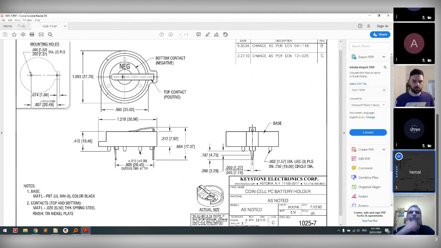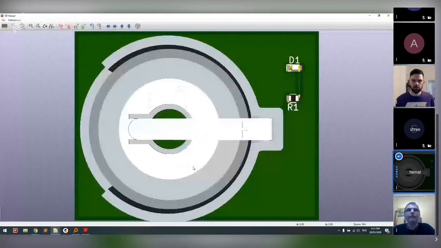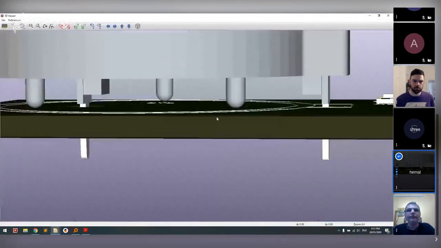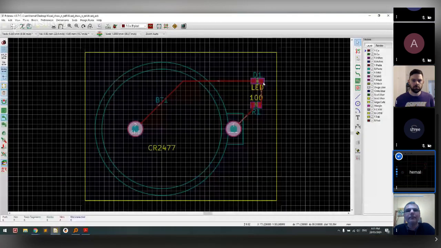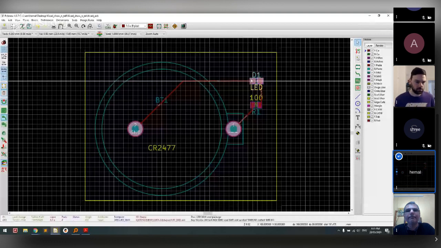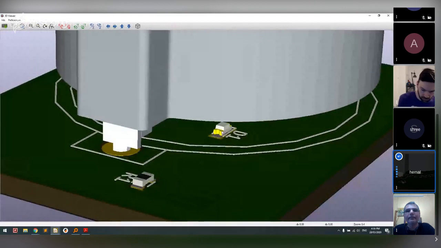So I already have converted this into a 3D model. You can see that there's a lot of space in which you can insert things around. Normally, if this is the only information you had, you wouldn't put your LED somewhere here. But here you have enough clearance to even put it here. It wouldn't make any sense to put an LED here, but